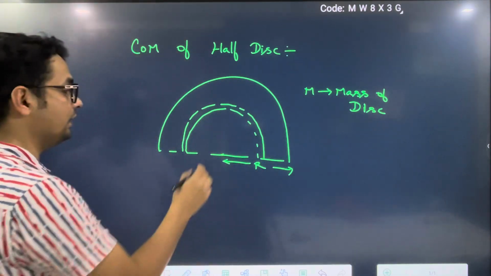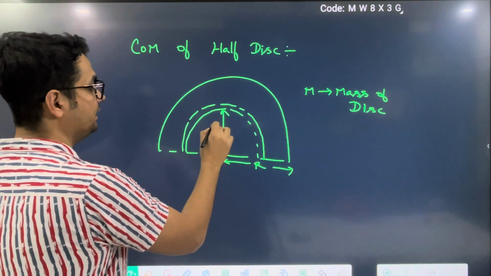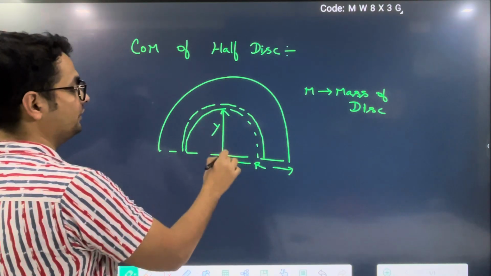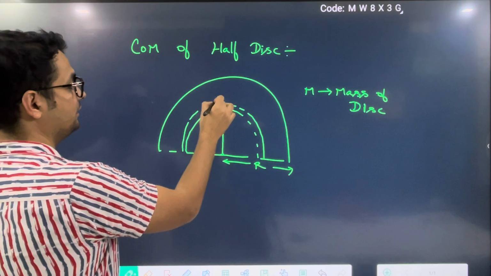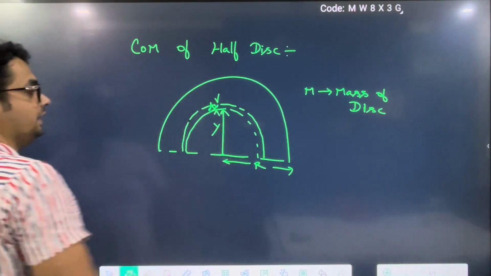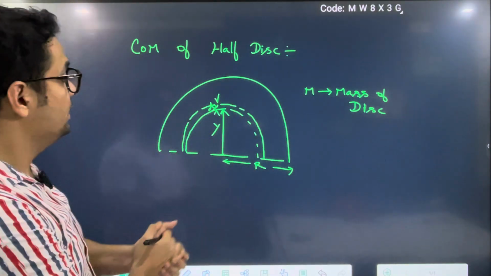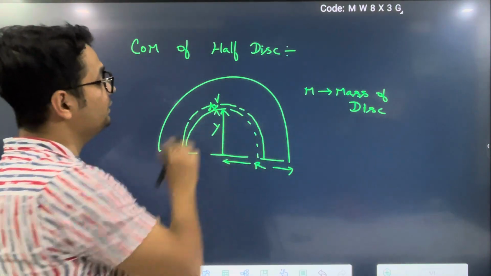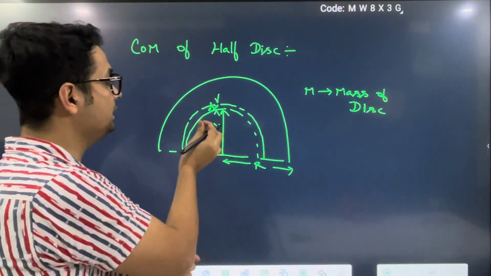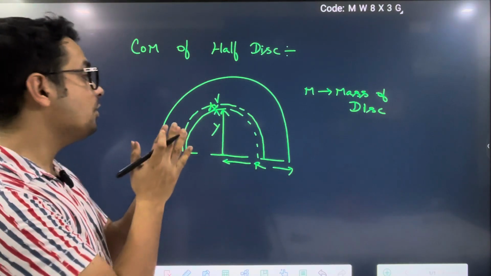So let us consider this elemental ring having radius y, and let us take the thickness of this ring as dy, correct? Because the total mass is M, this is a small part of the half disk, so its mass will be dm. My main objective is to find